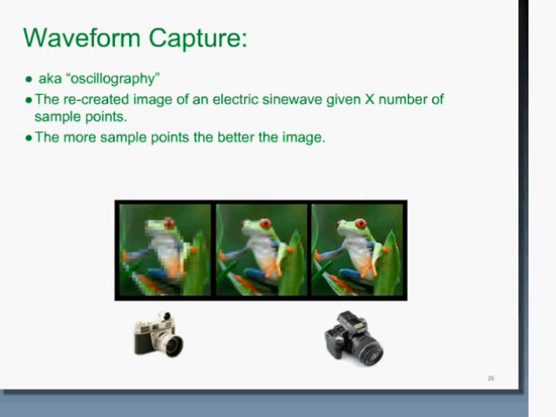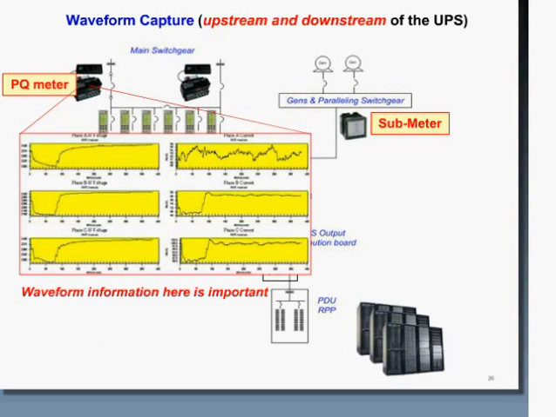Here's kind of what a typical one line of a data center looks like. Typically you'll have a power quality meter in the main switch gear, but we also want to understand what might be some of the applications of having some information downstream in the sub-metering. So if we would have a power quality event, as you see, we can capture waveform information, basically A, B, C waveform captures, and that's very critical on the power quality meter on the main. However,